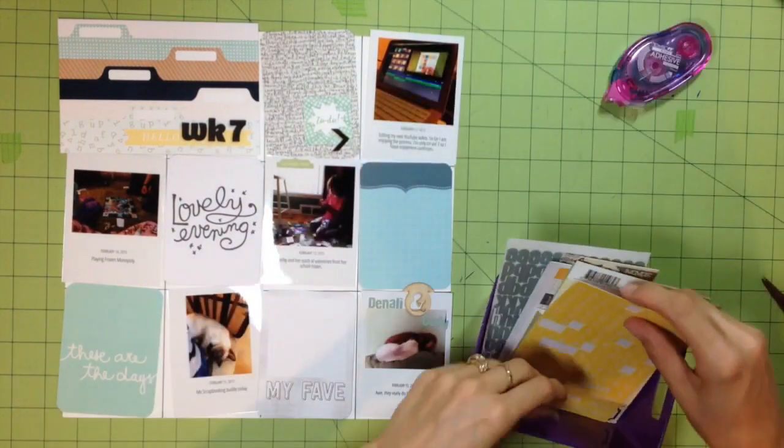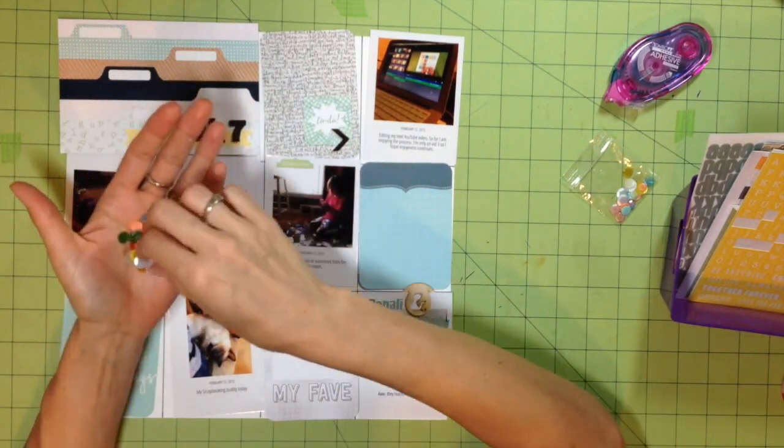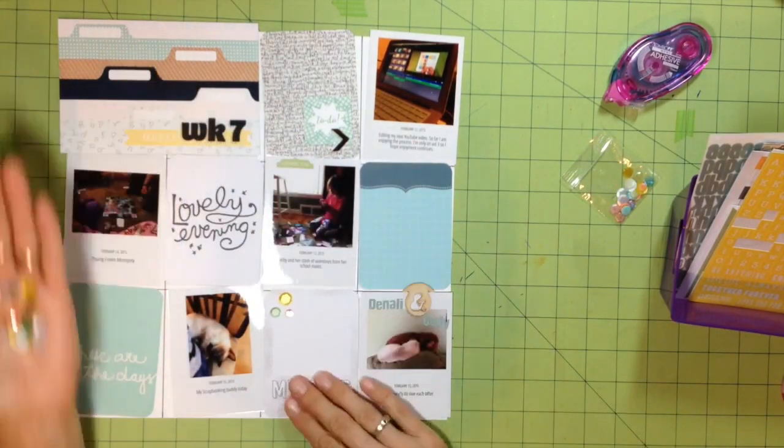So that card's done, and I think it's just about ready to cut out on me. So while I'm putting these sequins down,